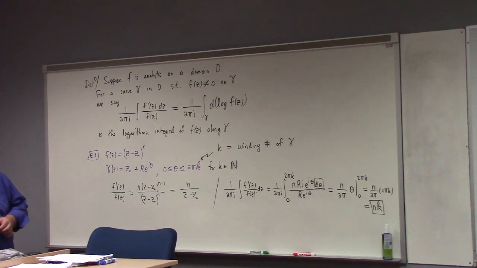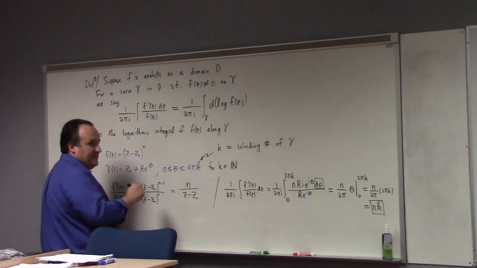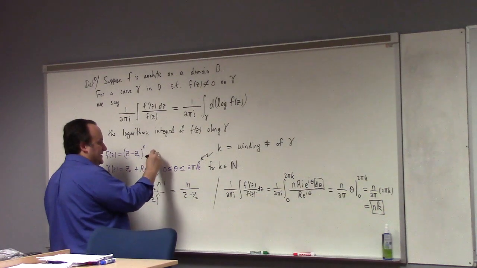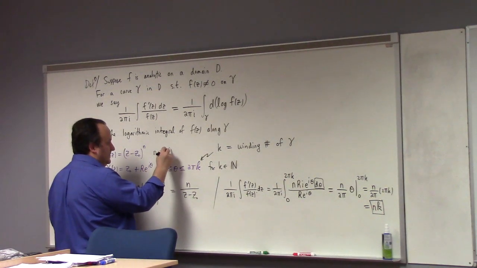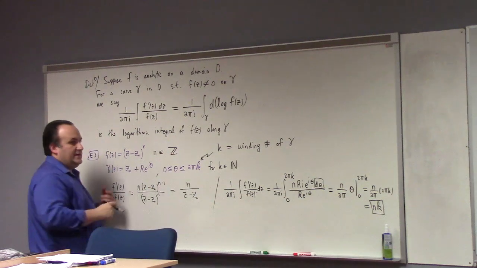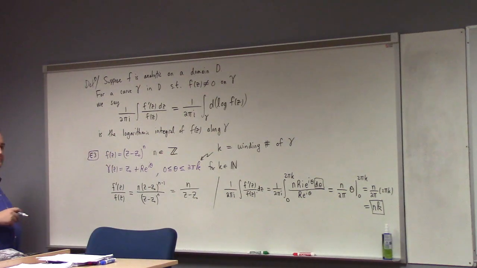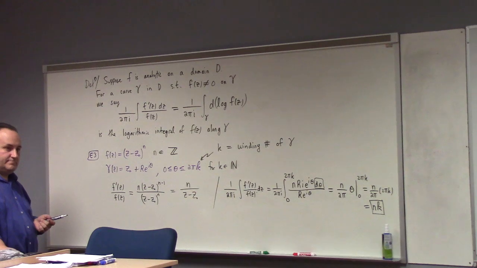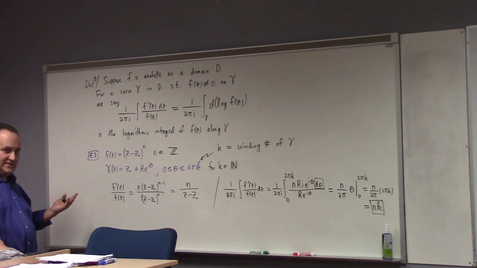So n, I guess I didn't say what n was, did I? You asked me about the other one, but I should have said n is an element of the integers. See, n could be positive, it could be negative. All right? This calculation did not care. But what is n? It's either the order of the zero if it's positive, right? Or it's the order